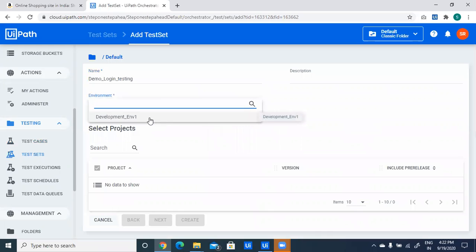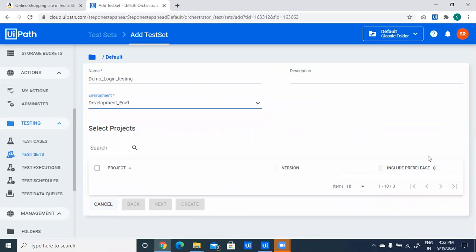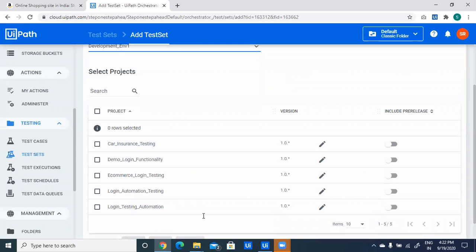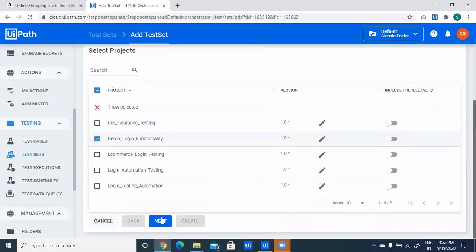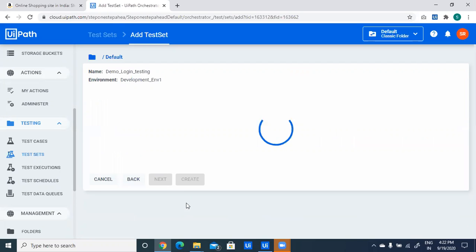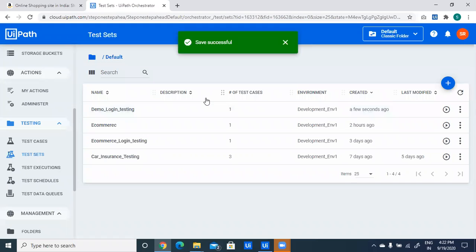This should be a testing environment. In my testing environment, these all projects are included. So my current project is this. I will check that and click on next. Only one test case is available for my current project. So I will check this box and create it. So test set is successfully added. So we can run our test cases from here.